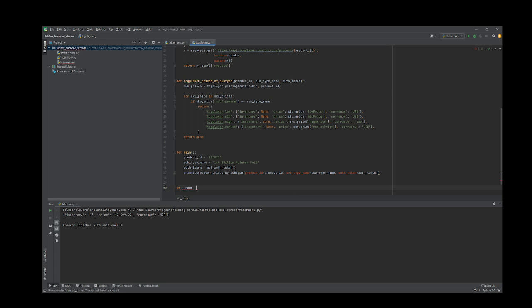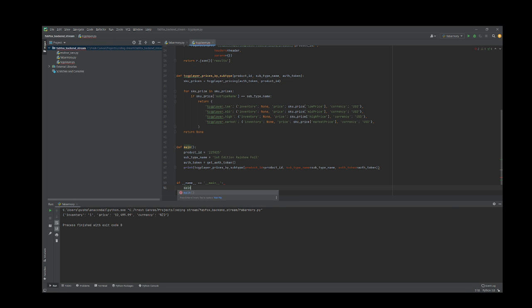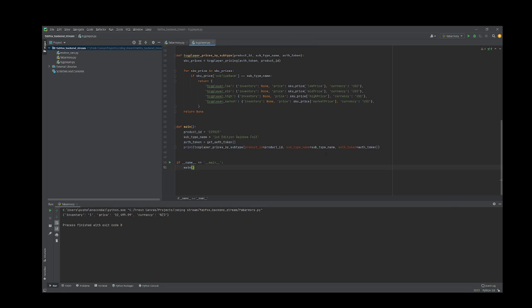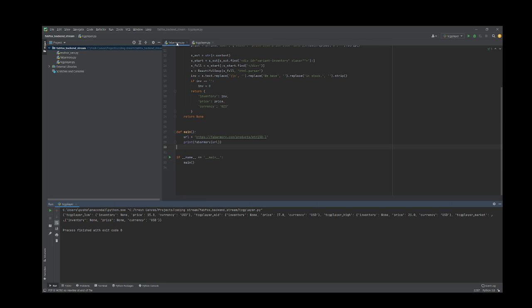If name equals mate. So we'll be able to see what card this is. It's something that's worth $15, 17, 21, and none otherwise. But what we'll do is we will look for,